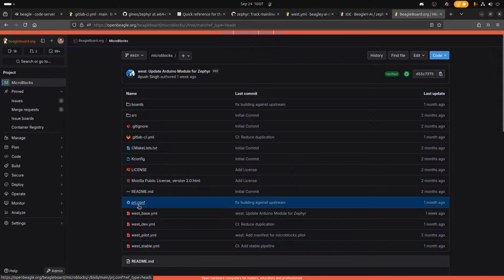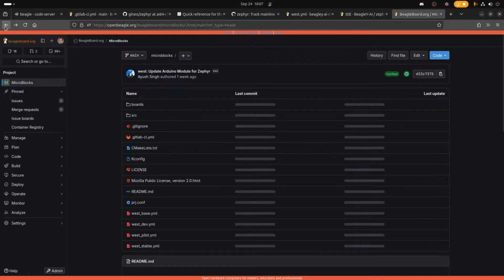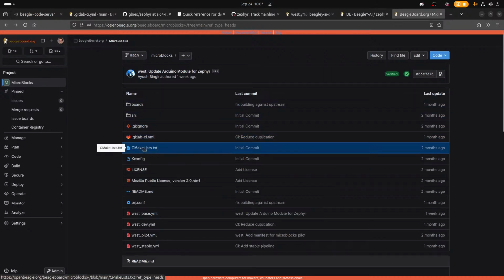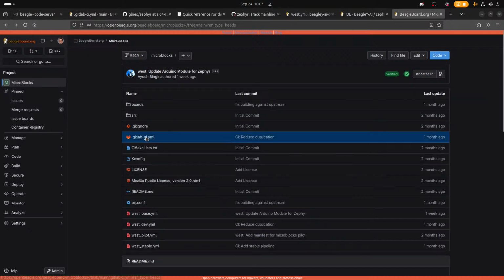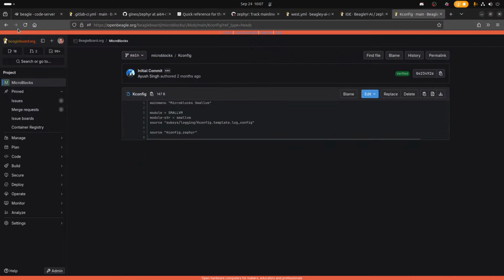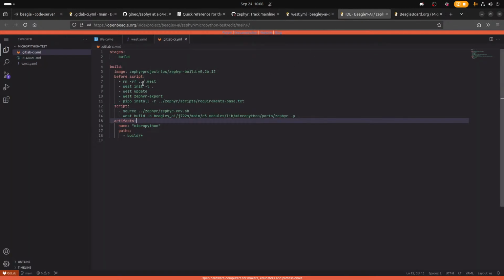So we have a West YAML. We need a project config, right? Do we need this? I don't think so. Okay, because for our board, we should have just the board and the board config right in the pull request. So we have a board.conf. We don't have any local files, so we don't need a CMake, right? No. Or the Kconfig. So we don't have anything local. So is this enough to build? This should be enough to build with GPIO support.